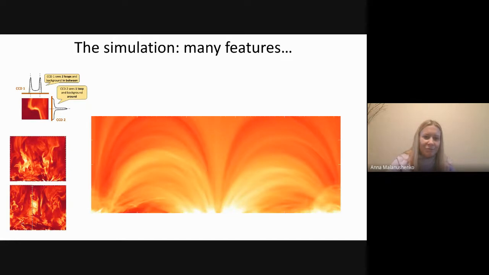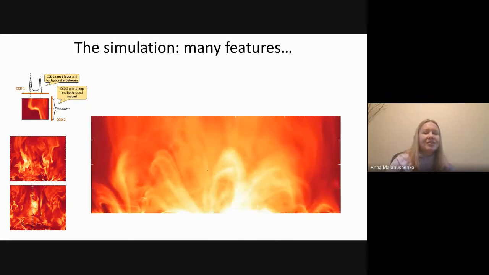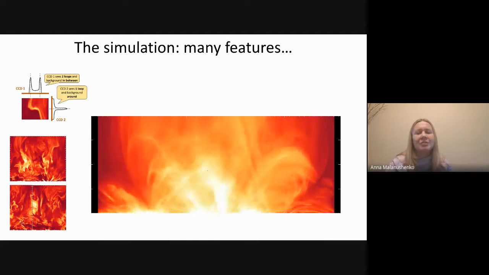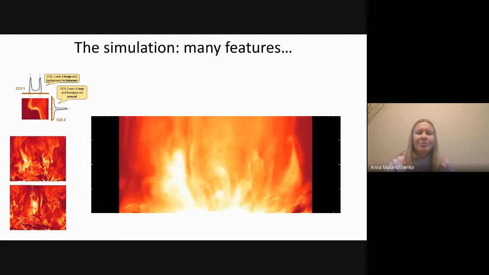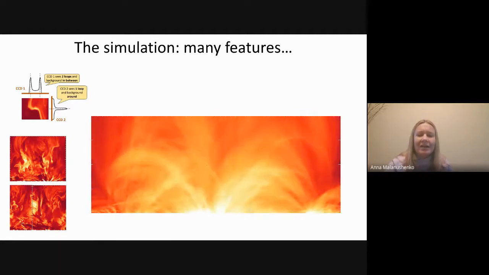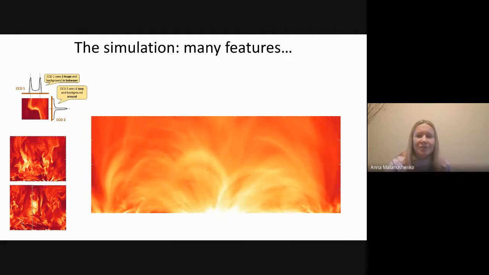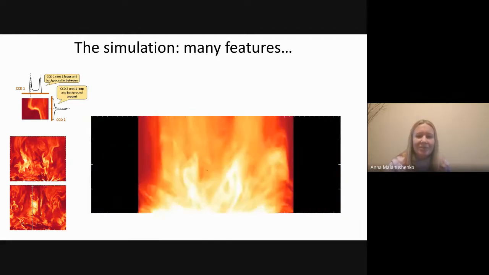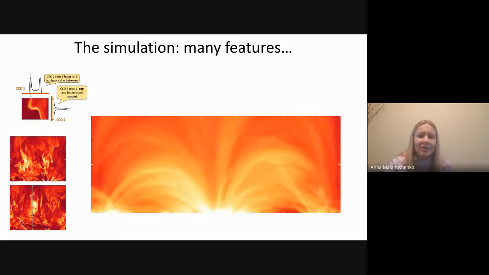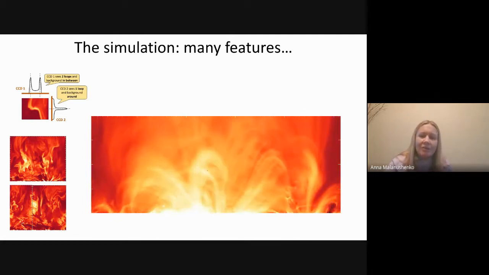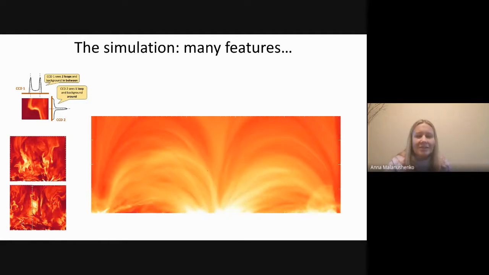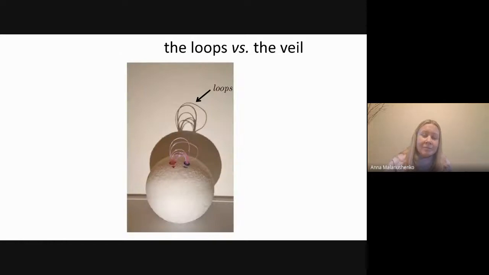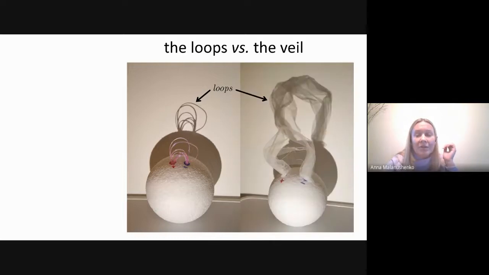And if we have just two viewing angles, what are the chances that we will find the same structure that manifests as a loop from two different viewing angles? And if you try to follow individual features as this volume rotates, you will see just how difficult it is. And the question is, is it even possible? Maybe a third viewing point would help the situation. I do not know. That's an open question, really. Well, that is to say, the loops versus the veil hypothesis.